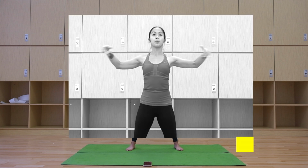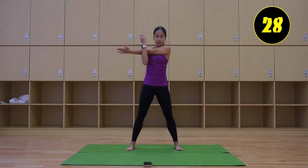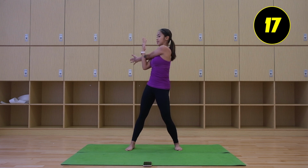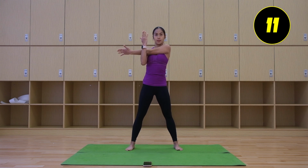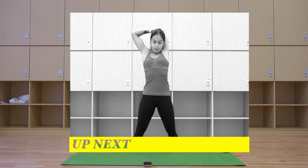Alright, from here, arms to the side, you're going to grab one arm and twist, stretching your shoulders and your upper back as well. If you want more stretch, you can twist a little bit to feel more stretch. A few more seconds here. Release. Then we're going to grab the back of our elbow